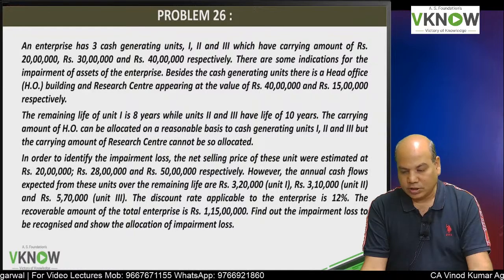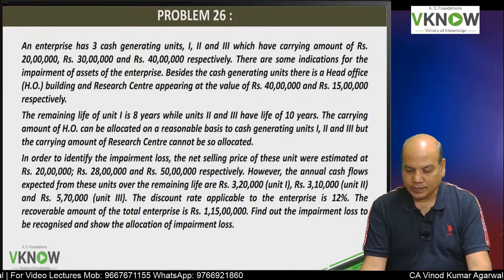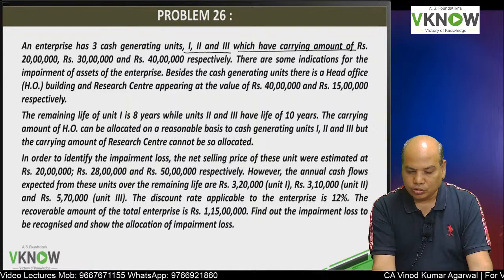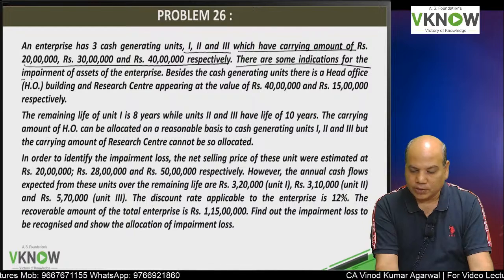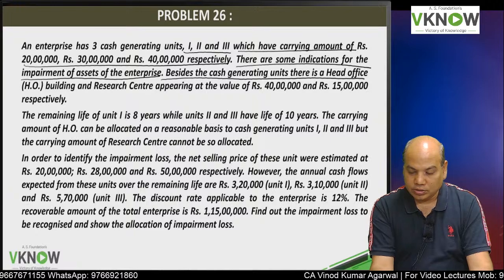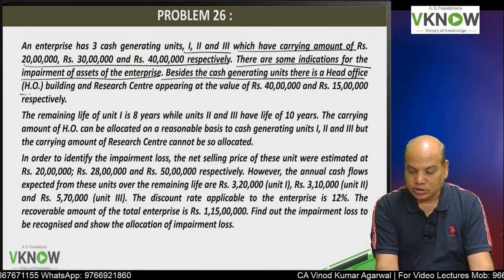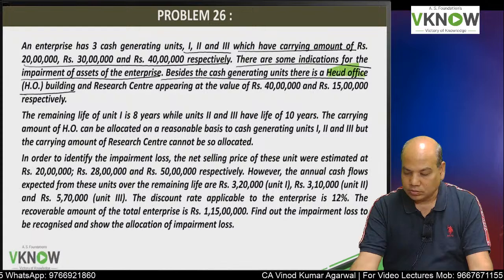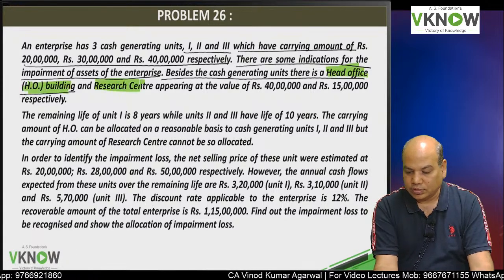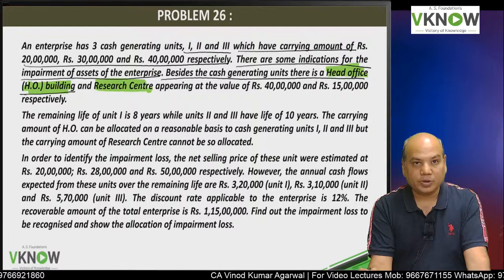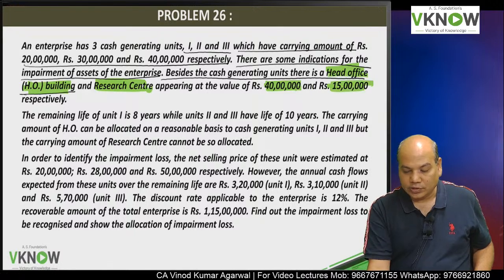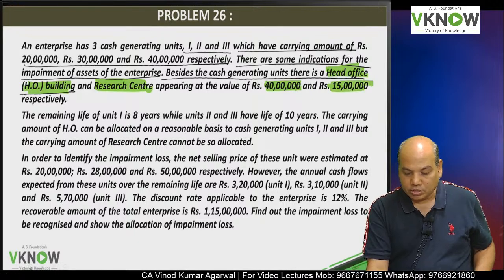Question number 26. An enterprise has 3 CGUs, 1, 2, 3, which have a carrying amount of 20 lakh, 30 lakh and 40 lakh. There are some indications for the impairment of the assets of the enterprise. Besides the cash generating units, there is an HO building. HO building is a corporate asset, and the research center is also a corporate asset. There are 2 corporate assets whose carrying amounts are 40 lakh and 15 lakh respectively. The life of unit 1 is 8 years, while unit